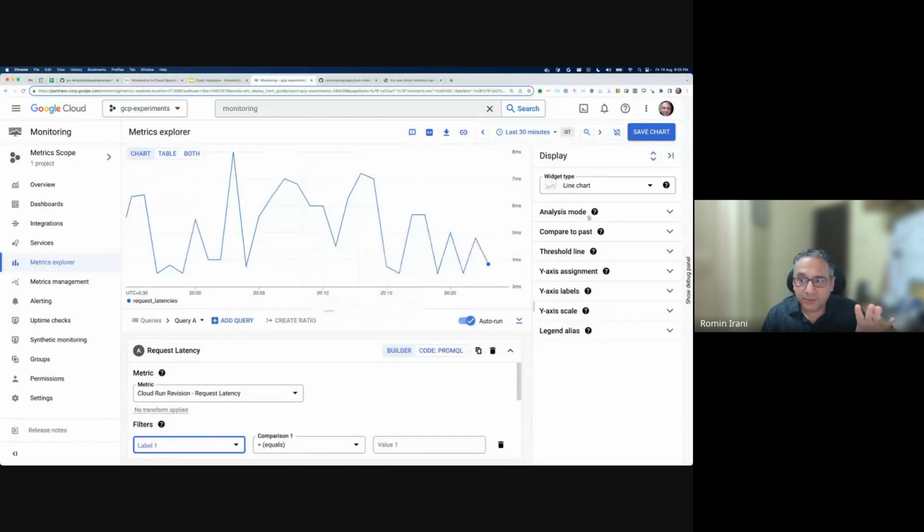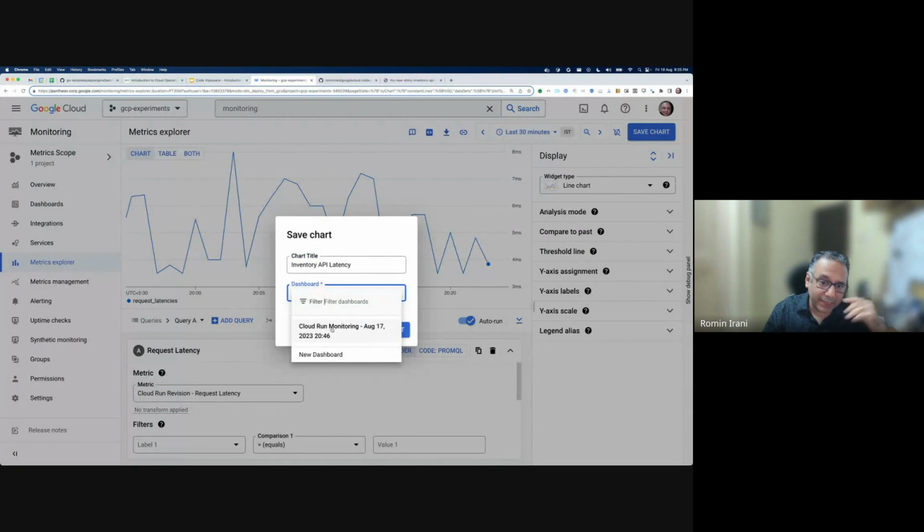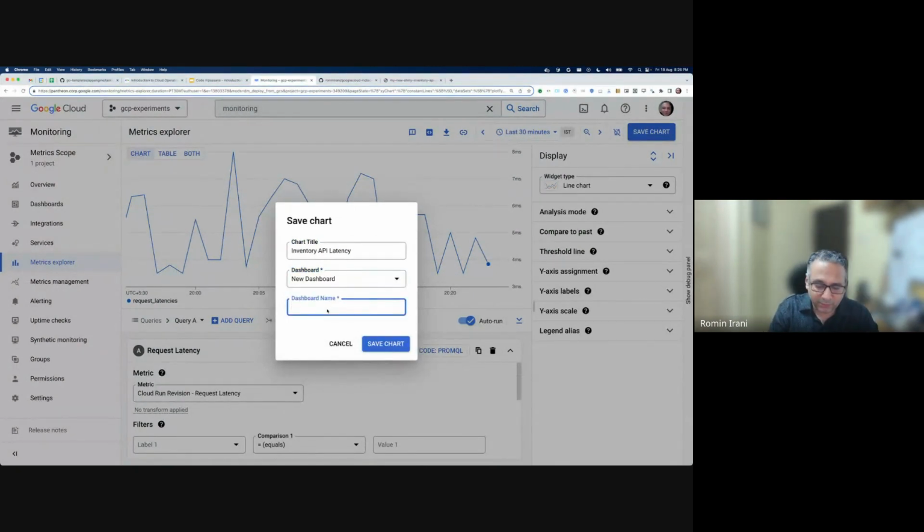Now, as per the steps, let's say something interests you and you say, I think I want this chart because latency is important. Just give me a focused dashboard. The previous dashboard obviously gave you all those charts, which also you could modify. But in this case, I'll just click on save chart. So I can now have a very specific chart. In this case, I can say inventory API latency, let's say. And a dashboard, which one? I can select an existing one that I created yesterday, or let's create a new dashboard. So maybe we'll just say this is the inventory latency